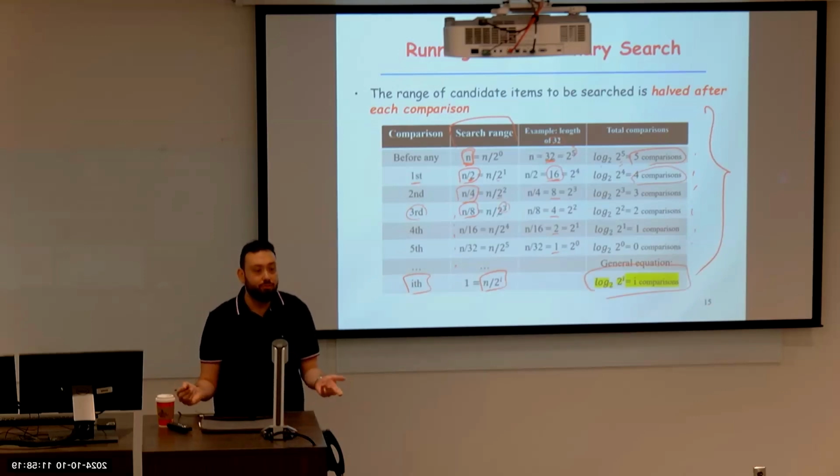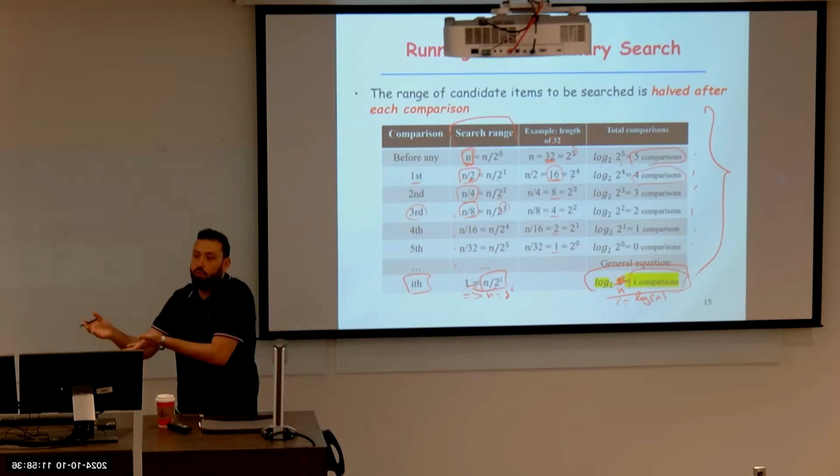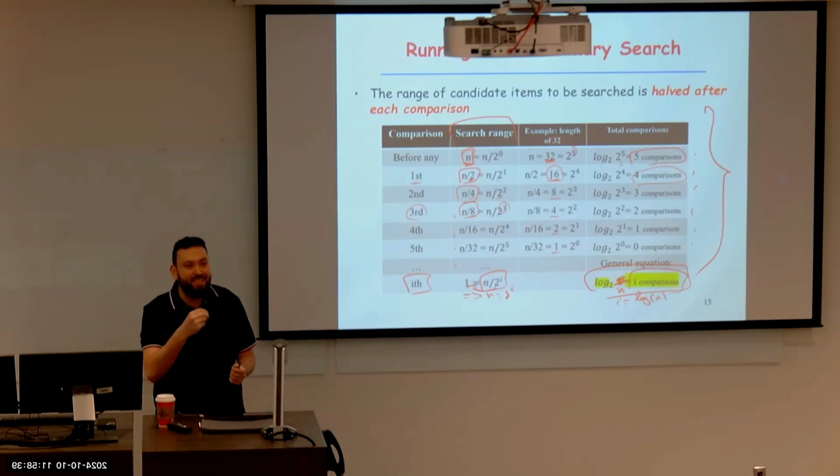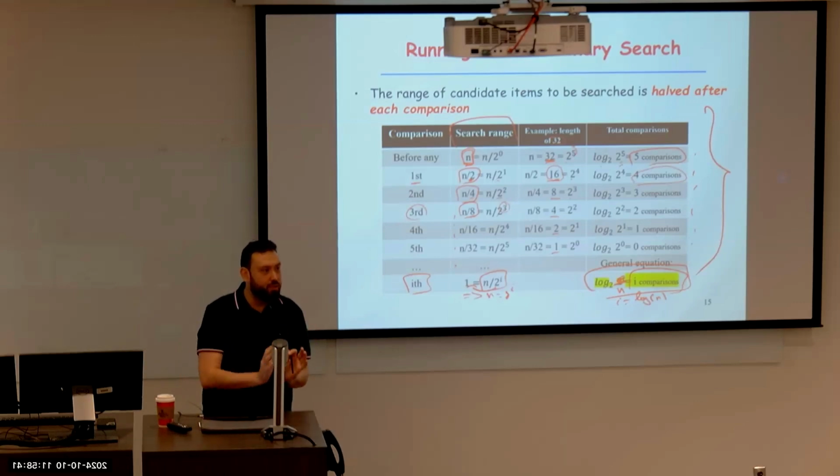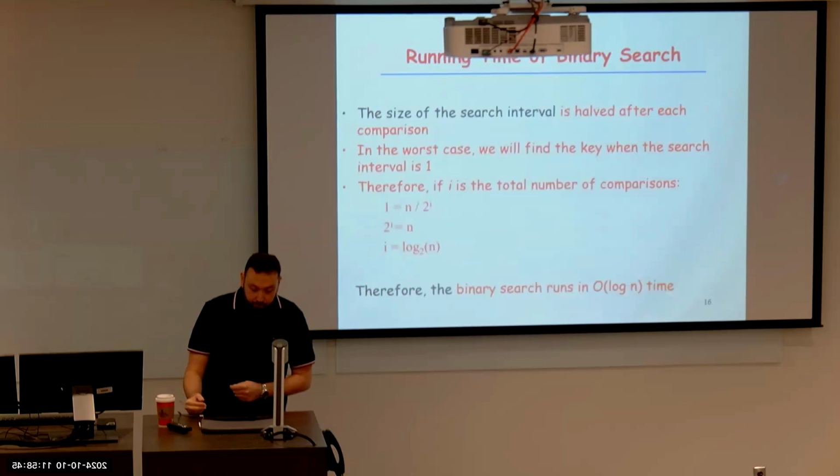How can I match these two? I can say here that n equals 2 to the power of I. I just brought this here, and then I'll replace this 2 to the power of I with n. So I can say that I is equal to log of n. So if I have I comparisons, that means I have log of n comparisons. Okay, so that's the math behind it. Again, at home, take a look at it slowly and check it. So now I proved for you mathematically that it's going to take us O of log n for the binary